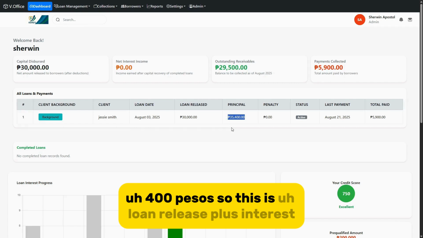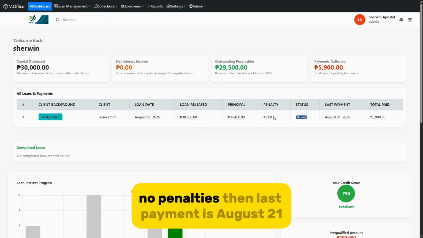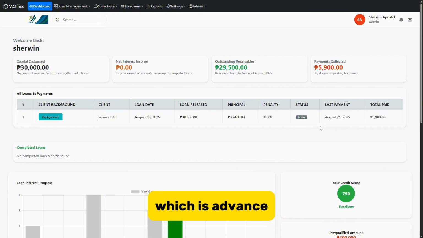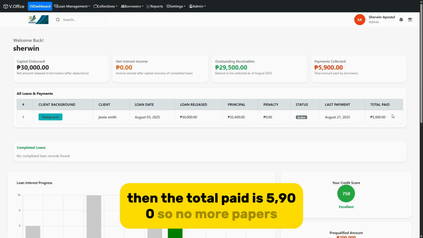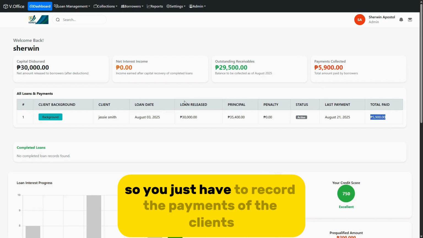So this is the loan release plus interest on the principal. The status is still active, with no penalties. The last payment is August 21, which is an advance, and the total paid is 5,900. So no more papers, no more Excel. You just have to record the payments of the clients